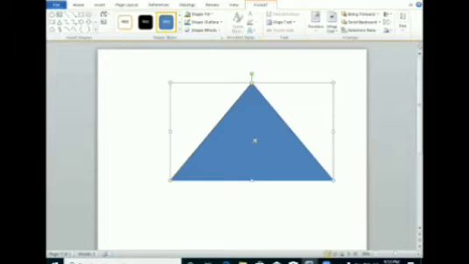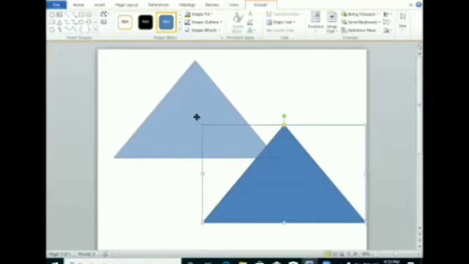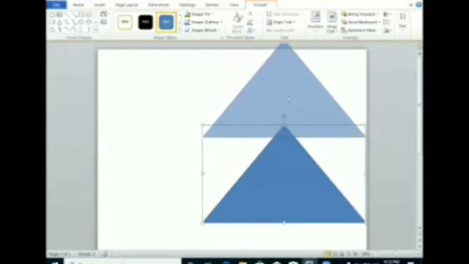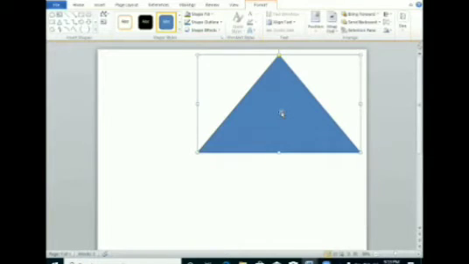Just click the mouse button and drag it, and wherever you want to drop it, just release the mouse left click. Again, I am doing the same thing. By pressing the left click, just drag, and wherever you want to place it, just drop it.